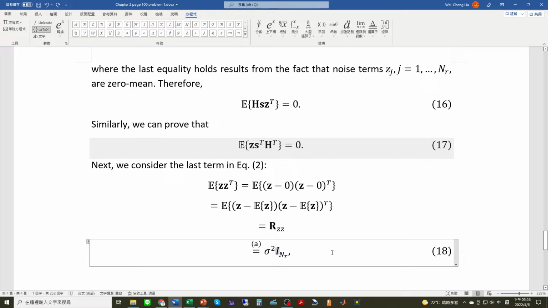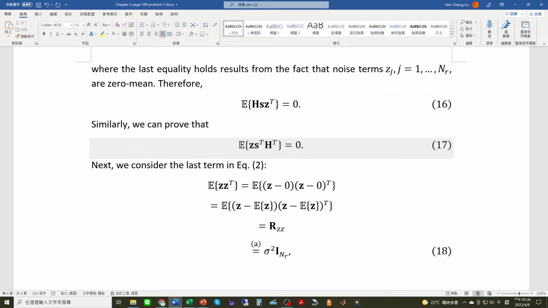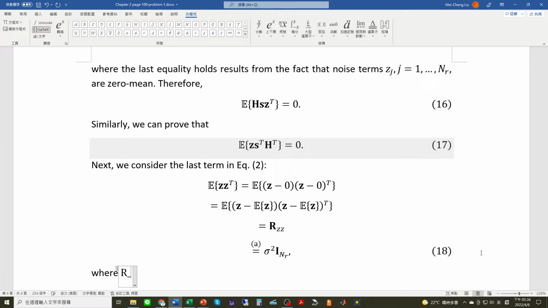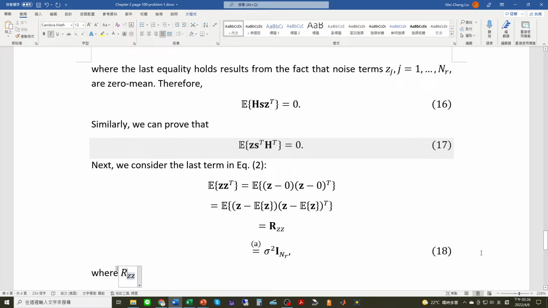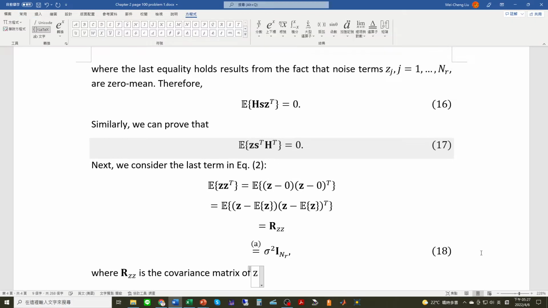So this should be I boldface, I_NR, where R_zz is the covariance matrix of Z,